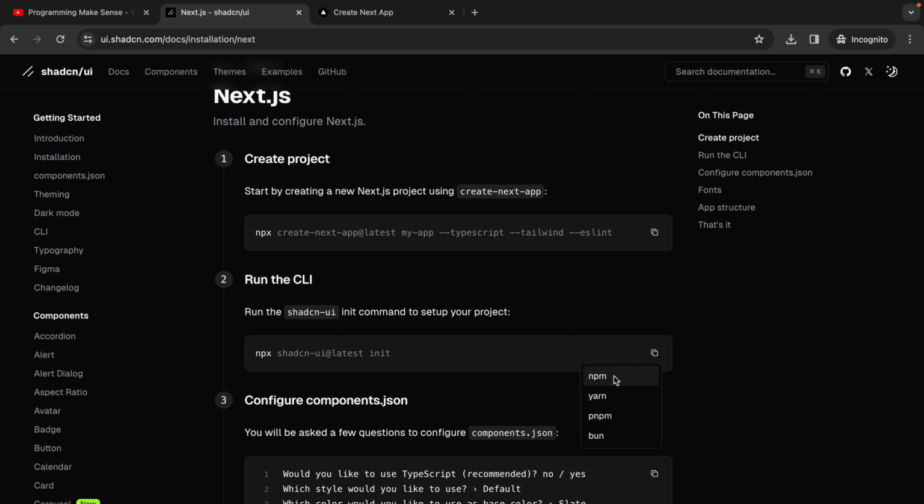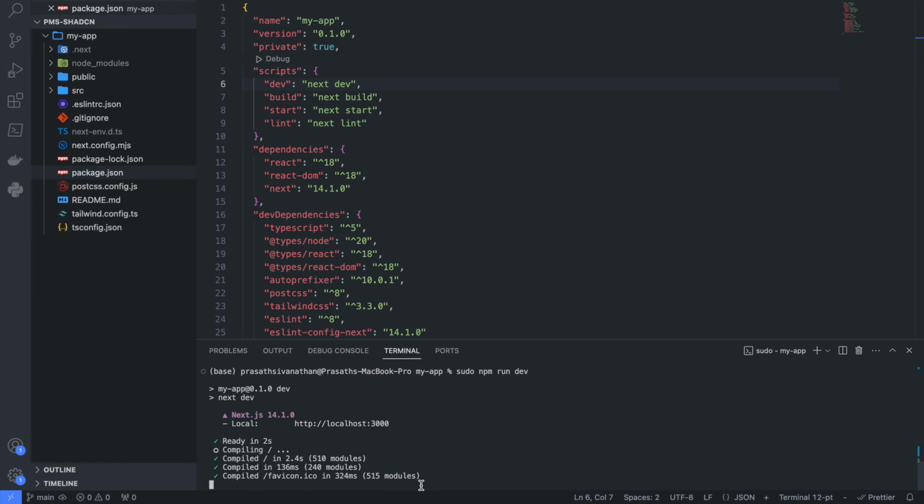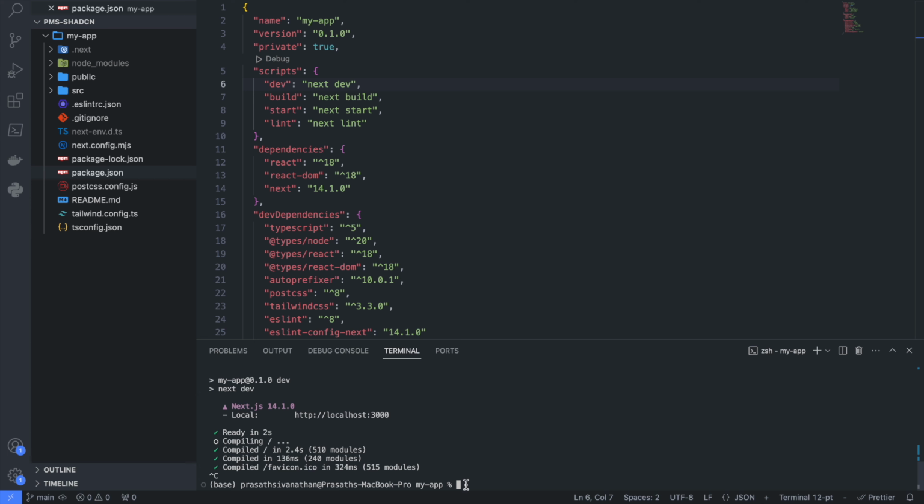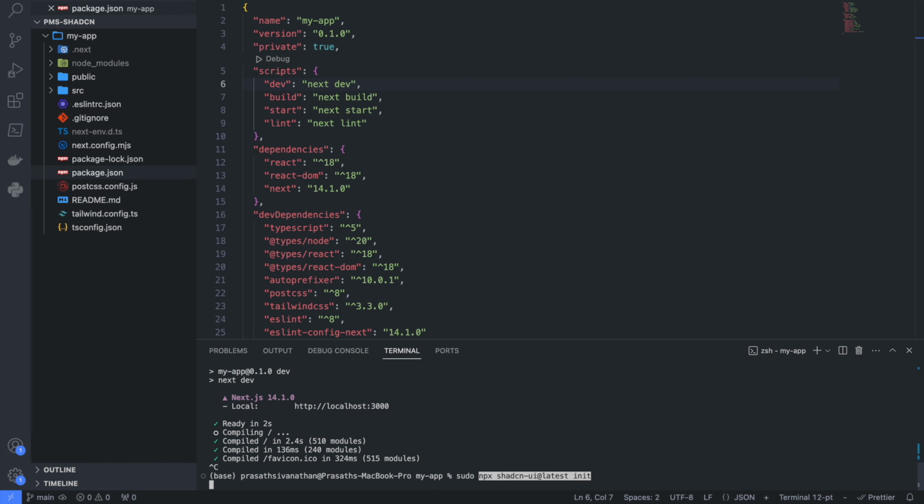So I just copy and I am pressing this npm. Here I just stop this project and I just type sudo and paste it. If you are a beginner, you might be confused why I am using the sudo. So in my